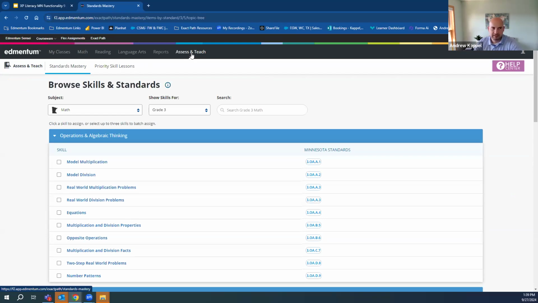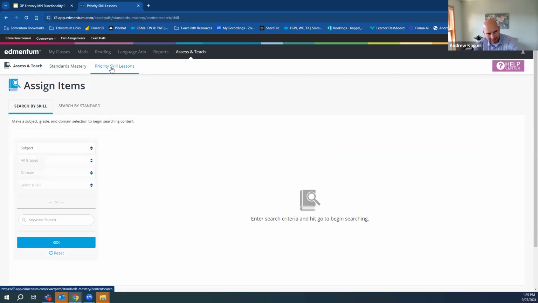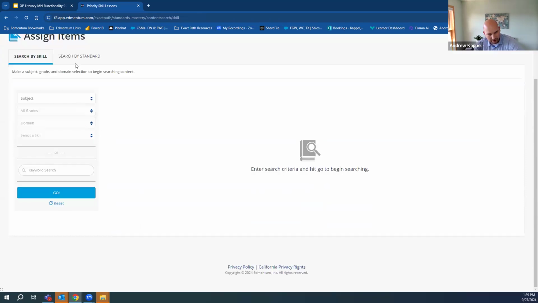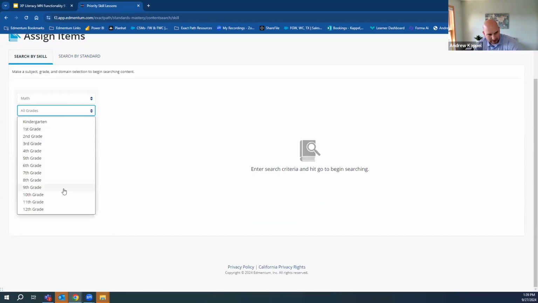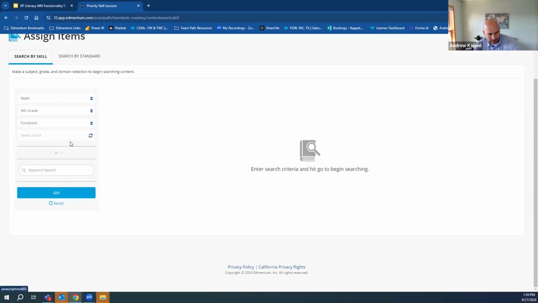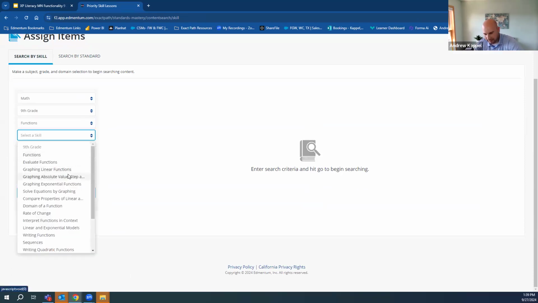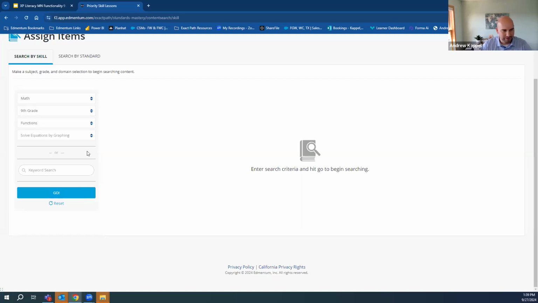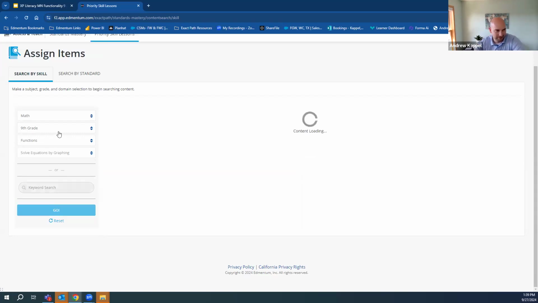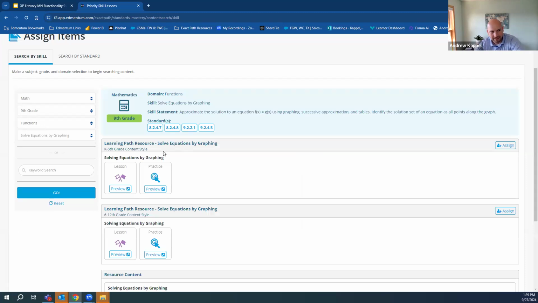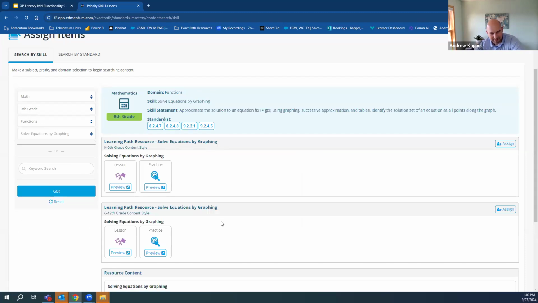But if you're in the Assess and Teach features, you can come in here and under priority skill lessons, there are lessons by standard or by skill that you can select by grade level and pinpoint specific things. So if you are saying, you know what, I don't want them working in the learning path, but I do want them working on some of the data pieces that I garnered from that diagnostic or from my TABE diagnostic, you can come in here and search by skill, and then you can see the different content.